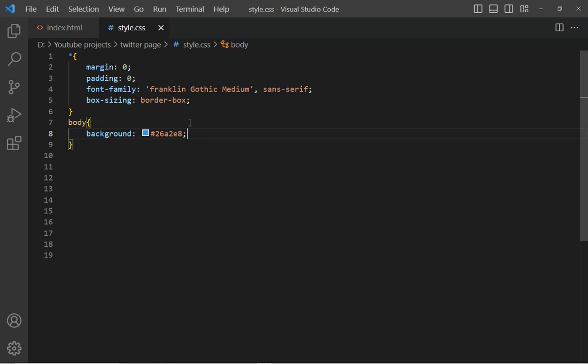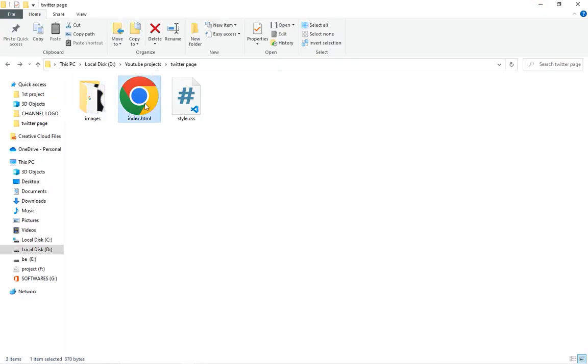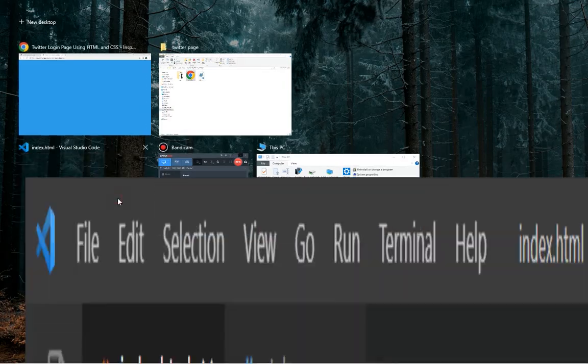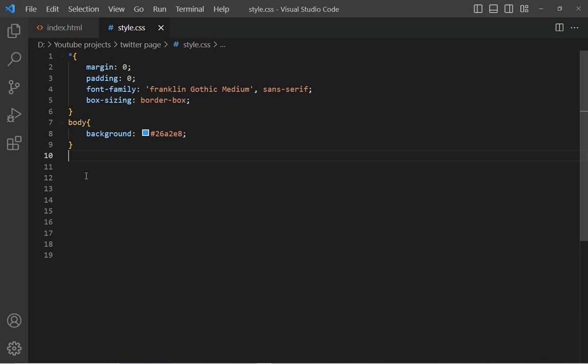Save the changes, and after that let's come back on the HTML file. Just minimize it. Let me open your HTML file with your browser. I am using Google Chrome, and you can see one light Twitter color background over here. And after that, copy the class name login box and come to the CSS file, and here paste the